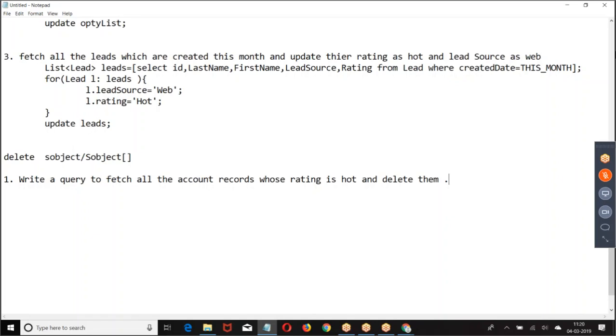Now go ahead with this. Write a query to fetch all account records whose rating is hot and delete it.